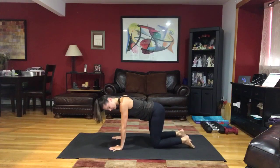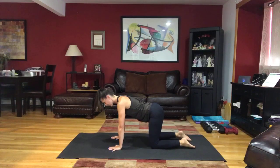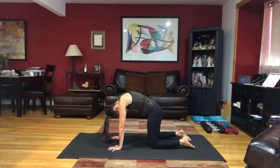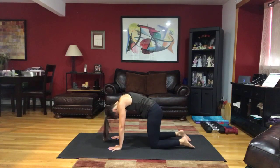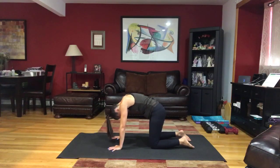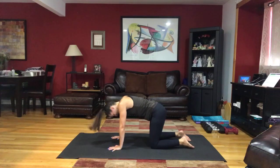Take those hands underneath the shoulders, take those knees underneath the hips, get that neutral spine, tuck that pelvis in, and now chin to the chest, round up that back, opening up that vertebrae. Look up and hollow it out. 3 more times, tuck it in, round. Look up and hollow. 2 more times, round it. Look up and hollow, and 1 more time, tuck it in,